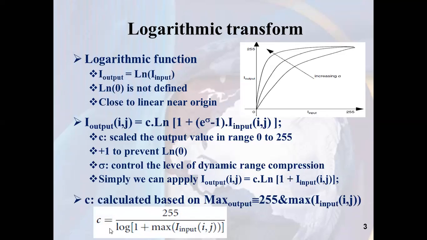So C can be calculated in order to have a maximum output equal to 255, at the maximum I input of ij. So C equals 255 over log(1 + maximum I input ij). If I want to have the maximum value after applying the logarithmic function as 255, I can apply this function. And in this case, we have this function as the maximum. Or we can use other values of C